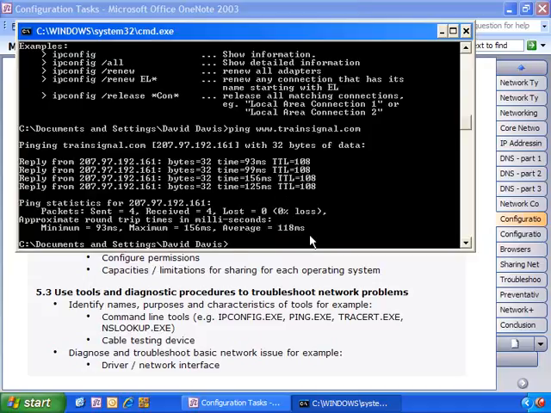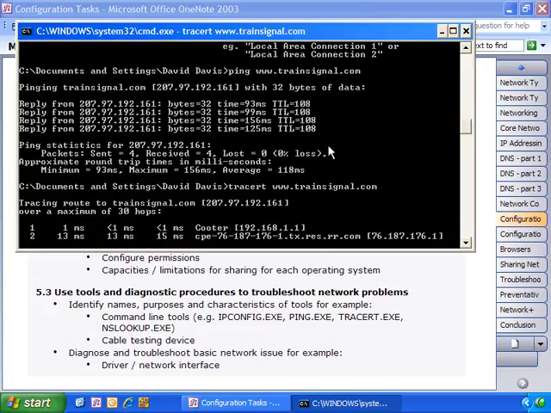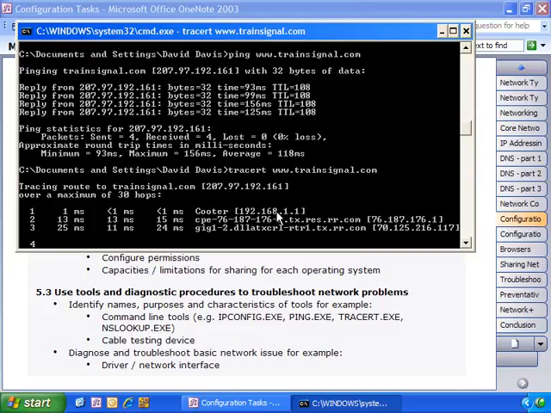Now, another tool that allows us to test network connectivity is tracert. This is an abbreviation for trace route. So you're tracing the route through the internet that this test traffic is taking. So if I type tracert or traceroute, www.trainsignal.com, and press enter, it goes through my local router, which is this IP, then to my internet service provider,